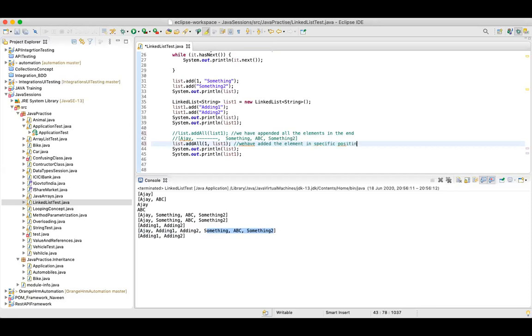Okay, guys, we have added the elements at a specific position. So if you want to add all the elements into your main list at a specific position, go for this addAll method. If you simply want to add all the elements of list 1 in the end, go for the other addAll method.